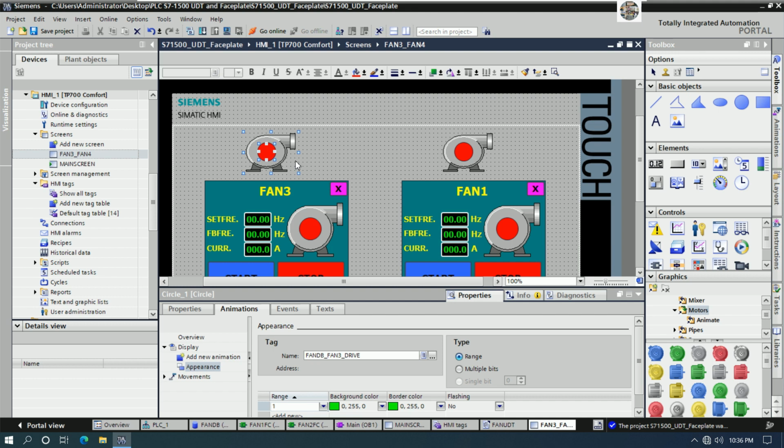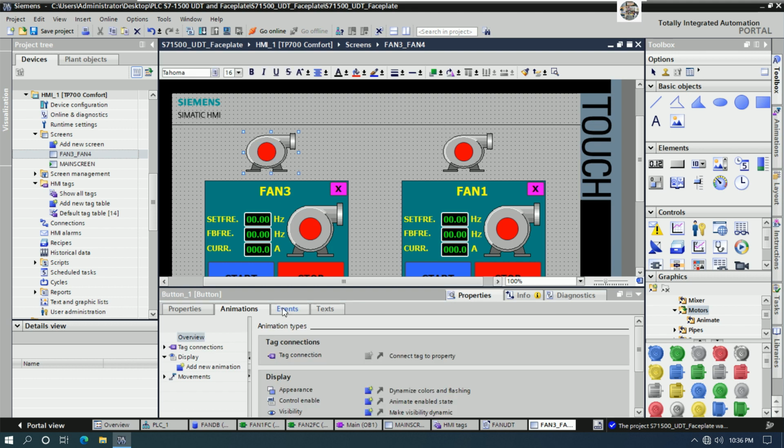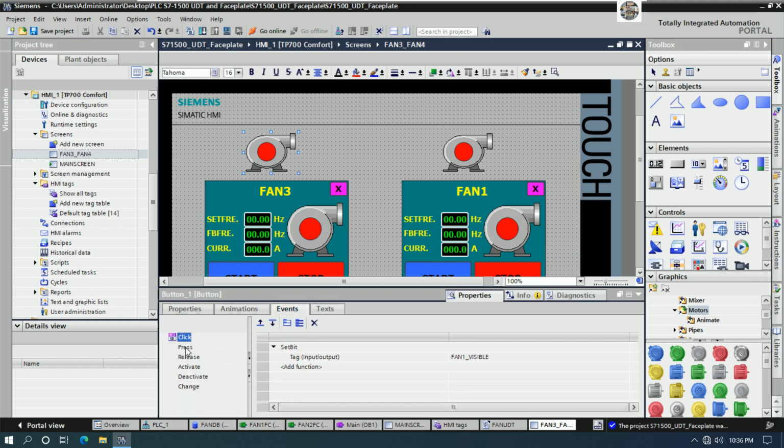And this one also push button, go to events, change this one to fan 3,